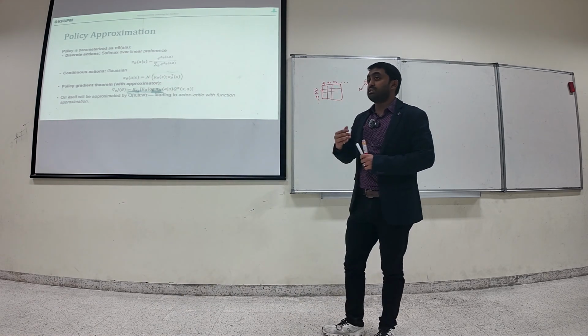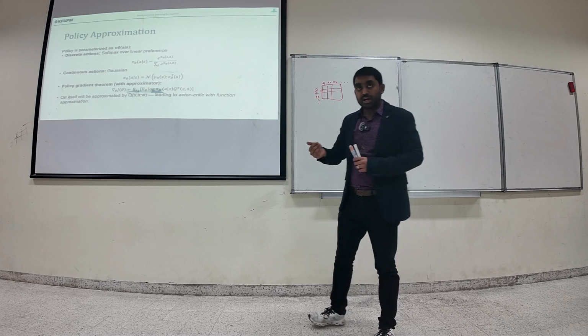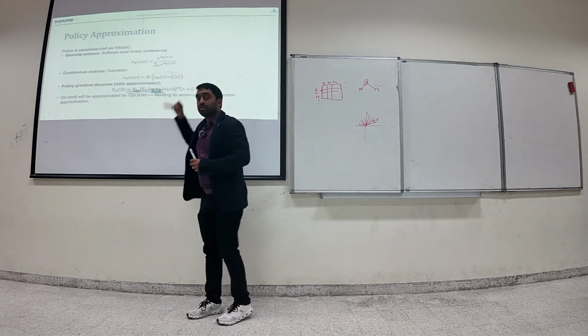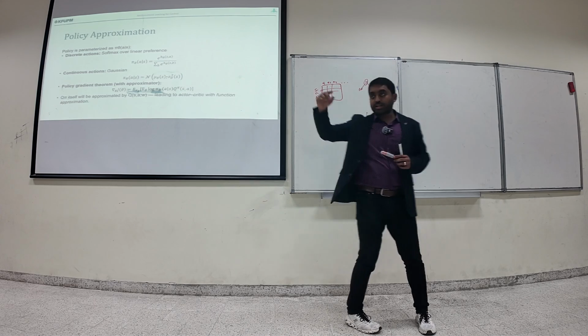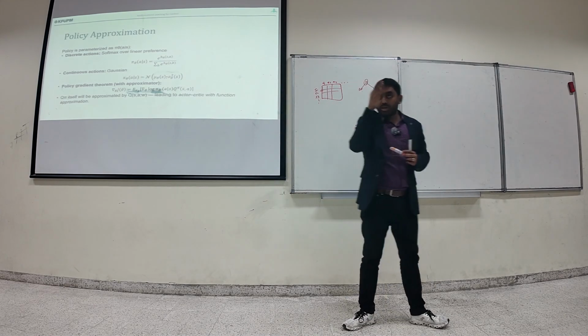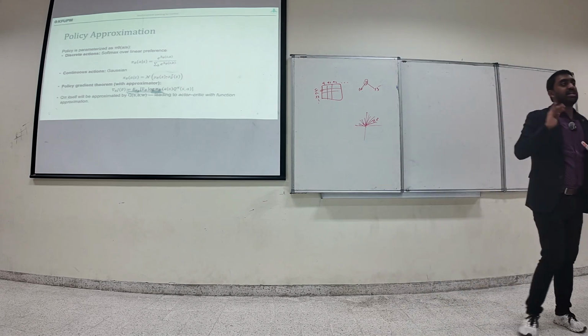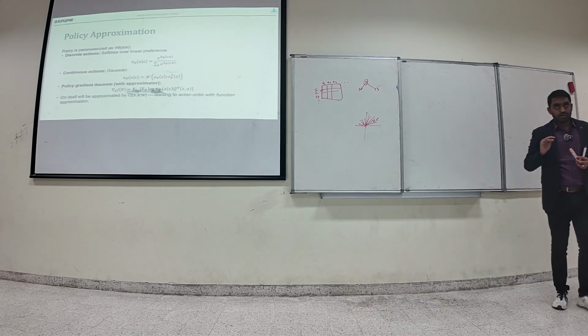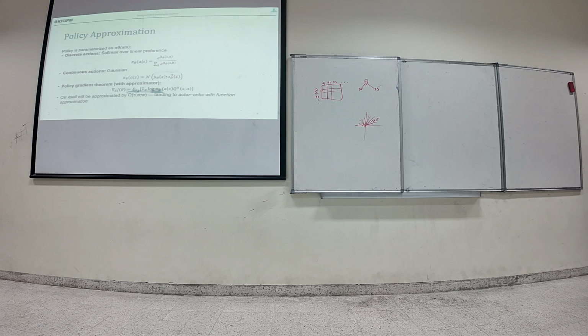However, if your action space is continuous, then you can use Gaussians, right? So there you will get a continuous spread of Gaussian distributions with a given mean and standard deviation, with the action corresponding to the mean being the most likely action to be chosen, right? This also helps in